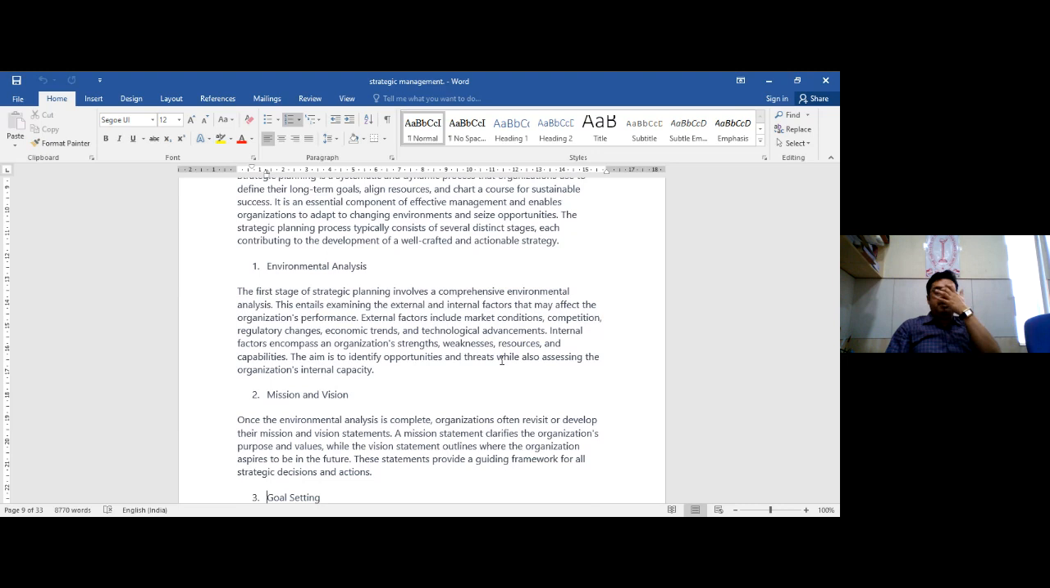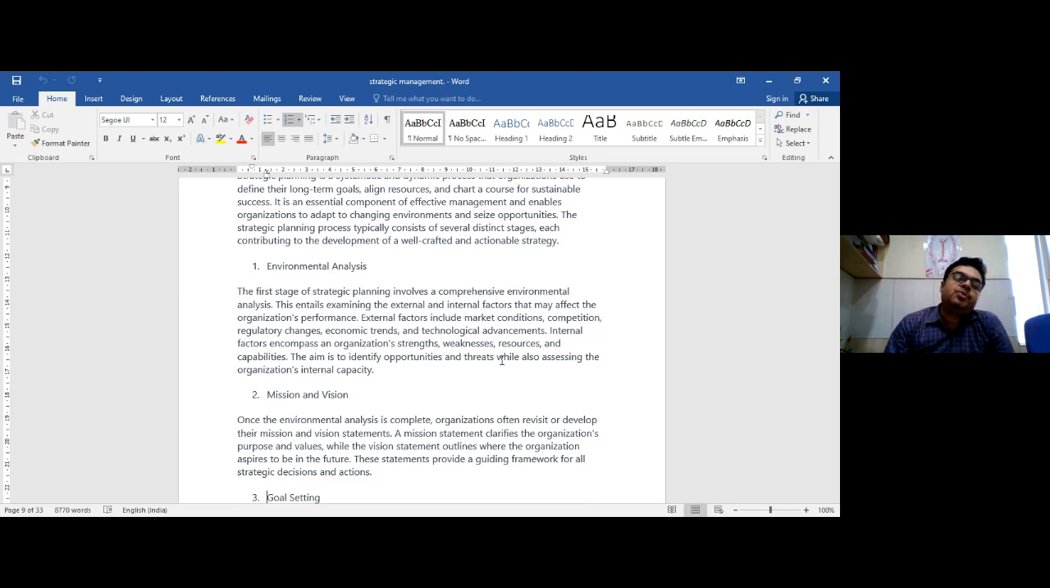The external factors here, which are very important, include market conditions, competition, regulatory changes, economic trends, technological advancements, etc. Internal factors would encompass an organization's strengths, weaknesses, resources, and capabilities. So in the very first class,